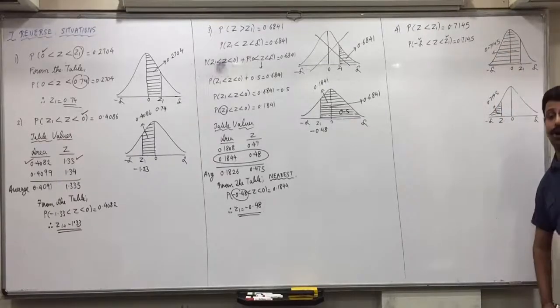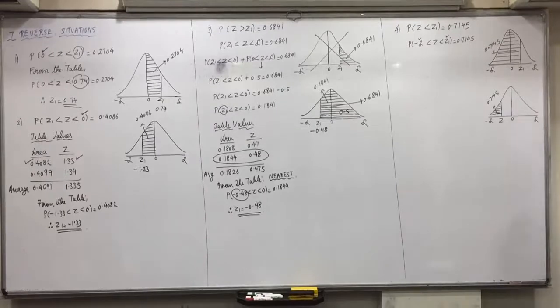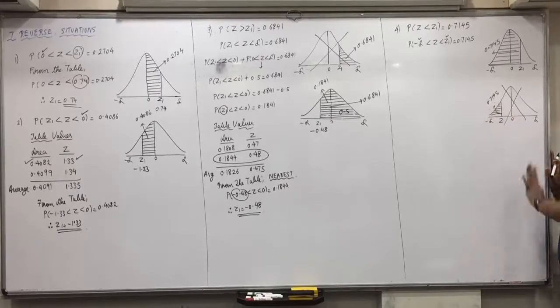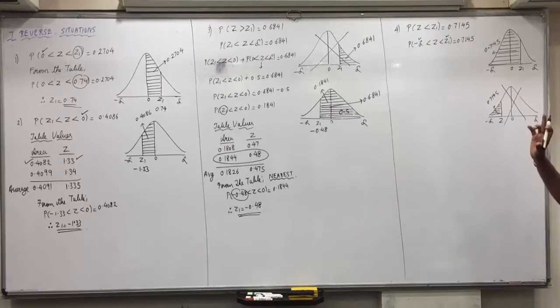Now raise your hand. Which one is not possible? Raise your hand. Ritu. Second is not possible. Reason, this itself is 0.5, so this should be less than 0.5. 0.7145 is not possible. Now in the first diagram, shading on two sides means we will do the sum. Raise your hand, how will we write that? Sum means how will we write that?